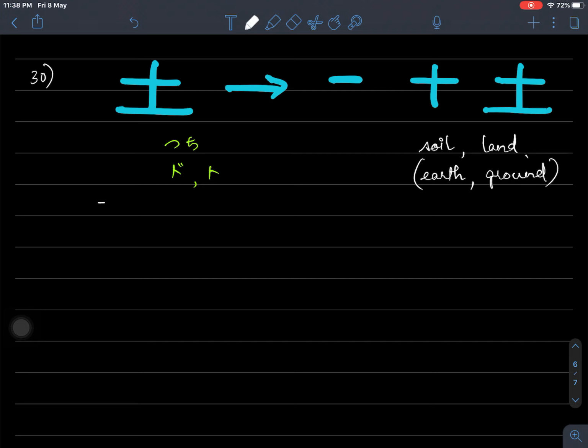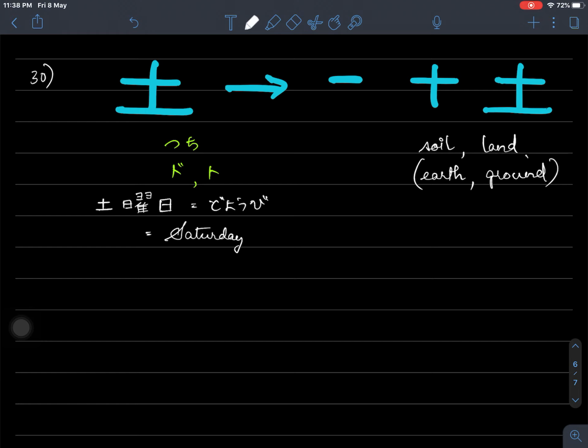Now let's have a look at some words. This will be read as doyobi, which is Saturday,